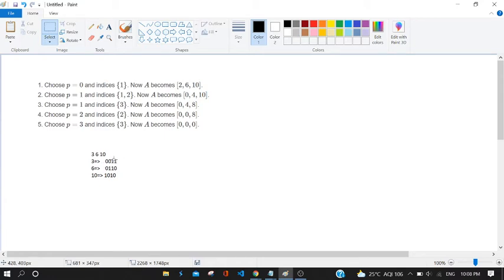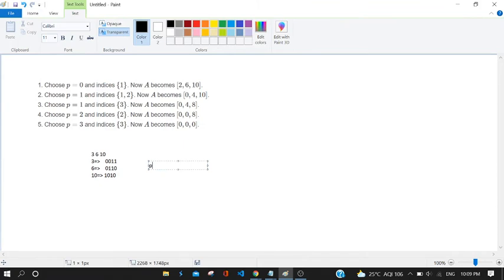You can see over here I have printed 3 6 10 in binary, like 0 0 1 1 0 1 0 0 1 1 0. The rightmost is the zeroth index, right? Only one bit is present there, so to make it 0, the value of p should be equal to 0, right?